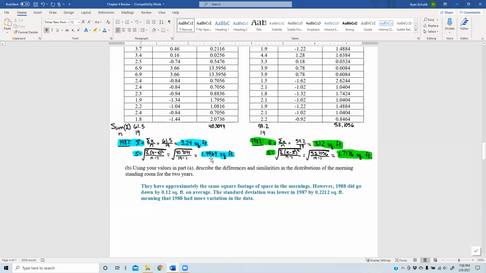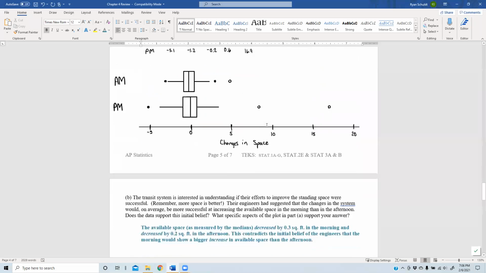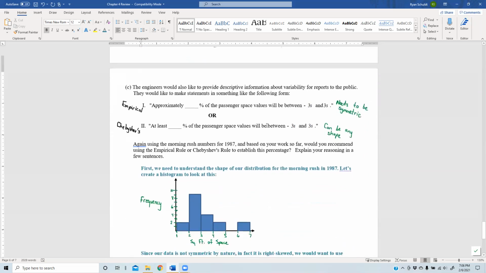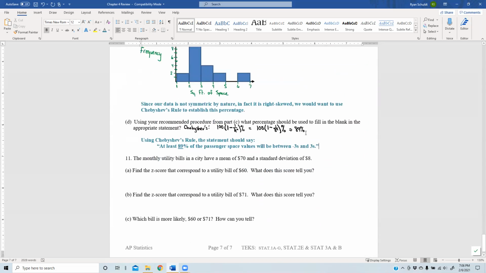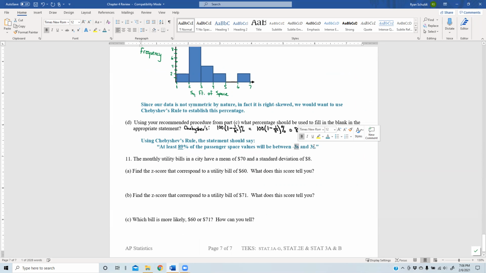S was 1.4964 times 3. So essentially negative 4.5 to positive 4.5. That's what you would put in for the S's. 3S is 4.4892, which is 4.5, essentially. So anyways,